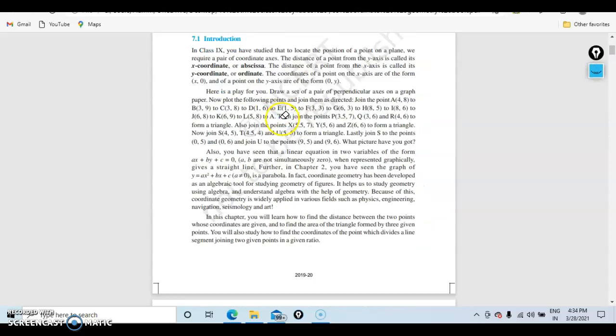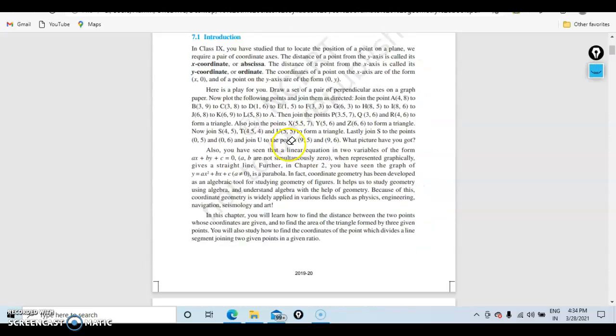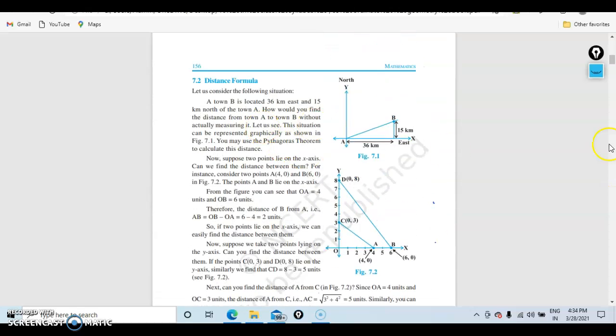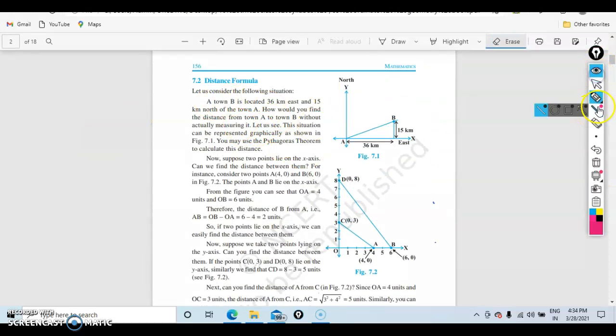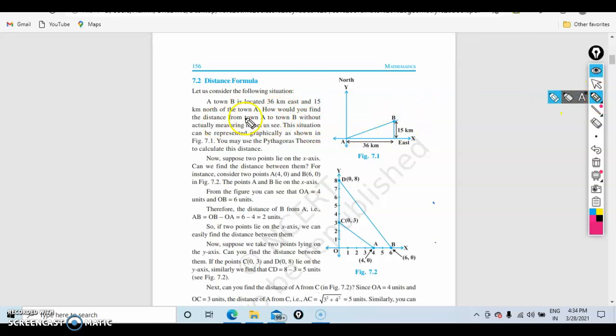So see, first of all, coordinate geometry. In this, the distance formula. The distance formula is like this: suppose we are in one place, our home is in one place and our school is in another place. This is the school. Okay. And what is the distance between these two places? In practical terms we will say kilometers, but in the mathematical view, it's like a graph.